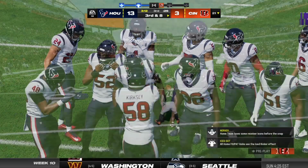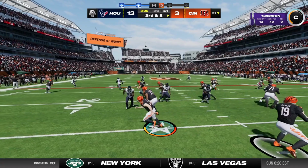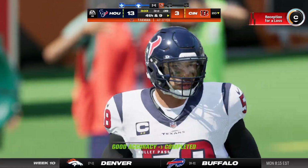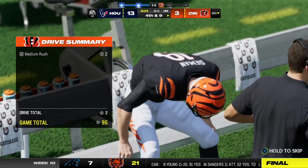But these guys are going to chop into that deficit. They're going to have to do a much better job in the run game. Caught behind the line of scrimmage, no yardage to be found. Looking left side, and he's got a man. That's Benson. They'll wind up losing a yard on the play, and that's going to make it 4th down. The whole idea of the screen pass is to fool the defense in a big...